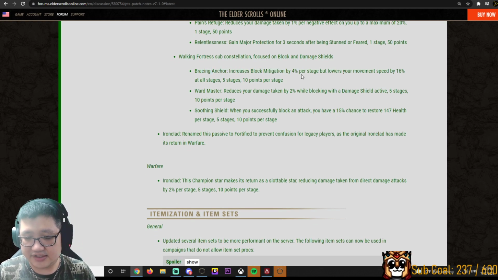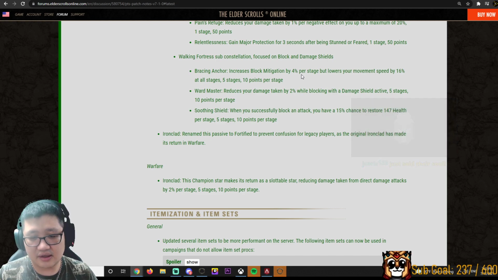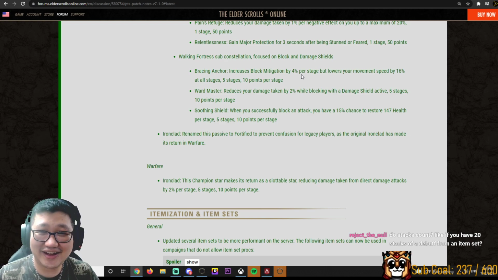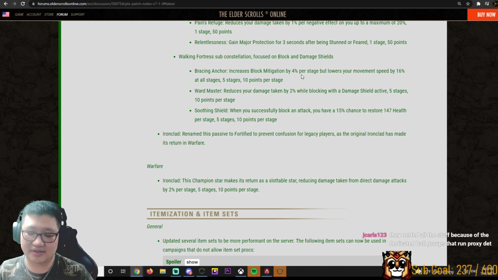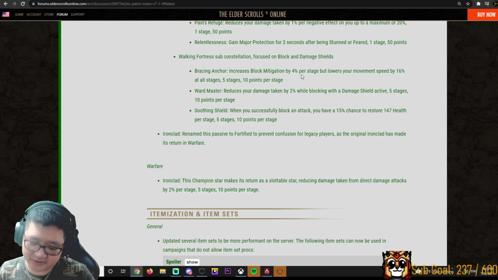Bracing Anchor. Increases block mitigation by 4% per stage, but lowers your movement speed by 16% at all stages. Block mitigation by 4% per stage. That's 20% more block mitigation. Well, yeah, for PvE, this is going to make a lot of things interesting, at least for tanking, or potentially even certain trials or certain fights where you can also potentially block as DPS or a healer. But also for PvP, I don't know how to feel about this one, because